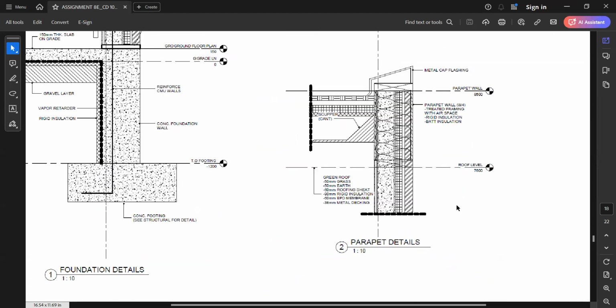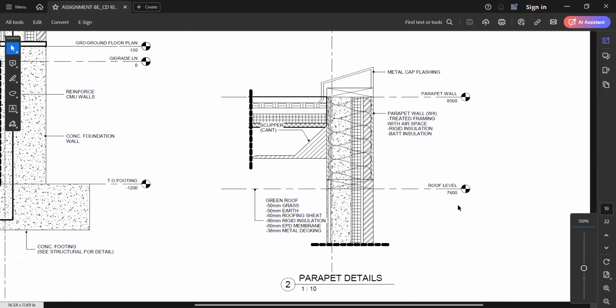For the details, I will show you the parapet details. The parapet height is 900 millimeters and it is treated with air barrier, rigid insulation, and batt insulation. Meanwhile, the roof assembly consists of grass, earth, roof fitting, and rigid insulation with epoxy membrane and metal decking. So overall, the most challenging part all throughout the course is the junction and